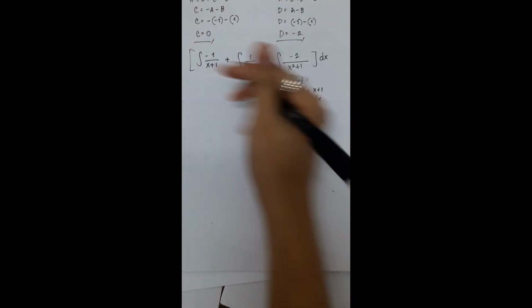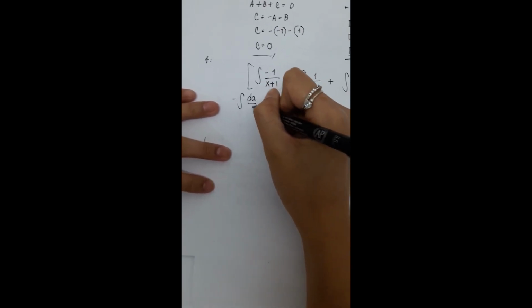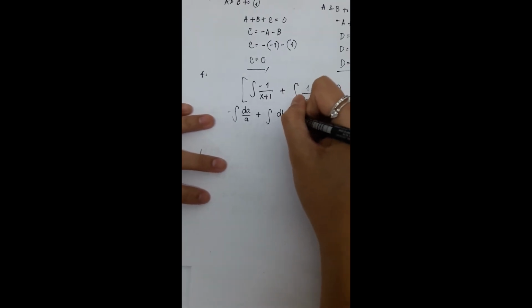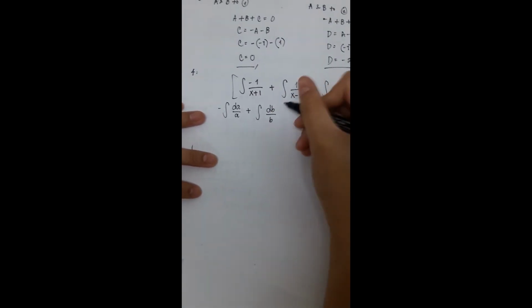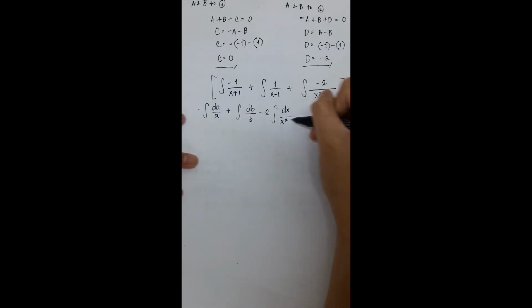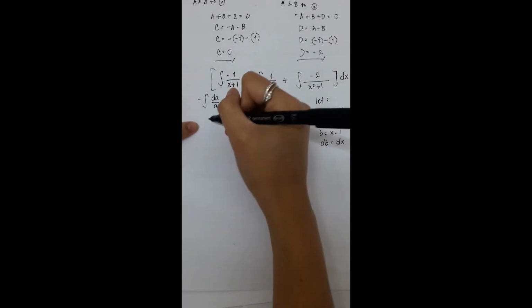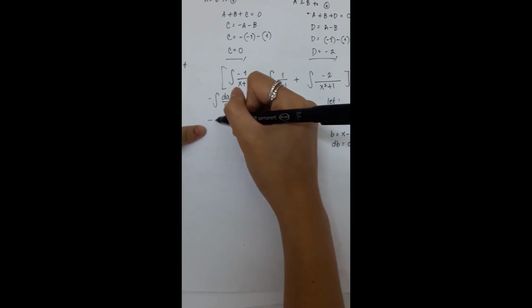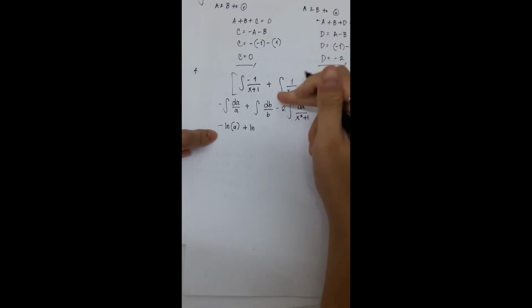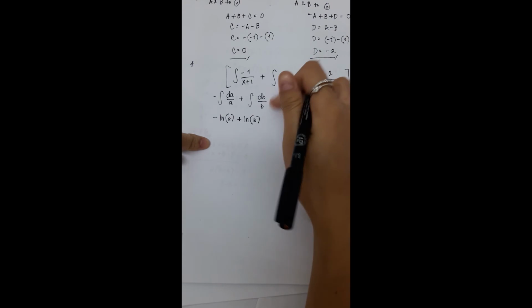Substituting this into our working equation, we have negative the integration of da over a plus the integration of db over b minus 2 times the integration of dx all over x squared plus 1. We all know that the integration of da over a is ln of a, so that will be negative ln of a plus ln of b, since the integration of db over b is ln of b, minus,